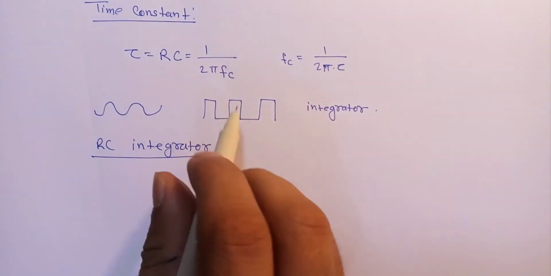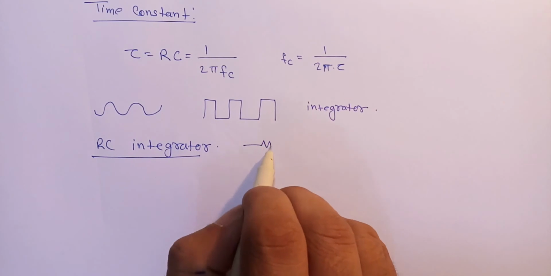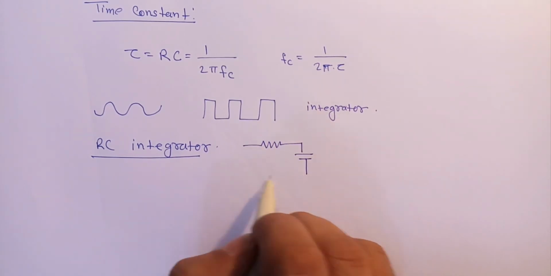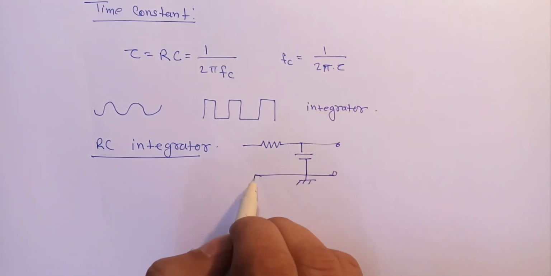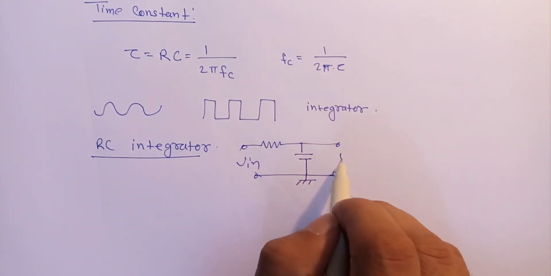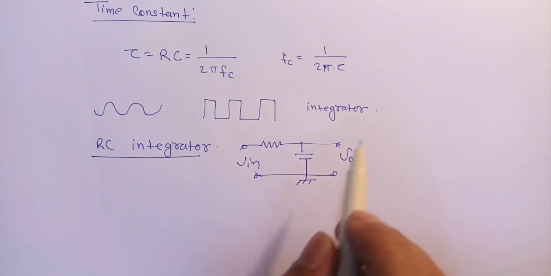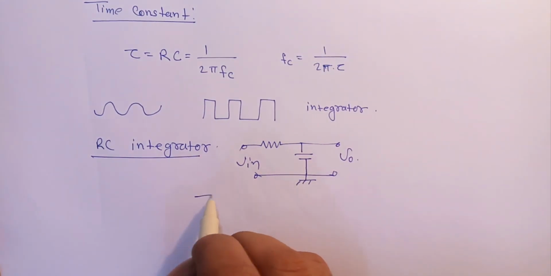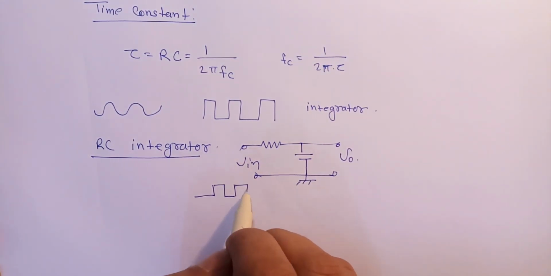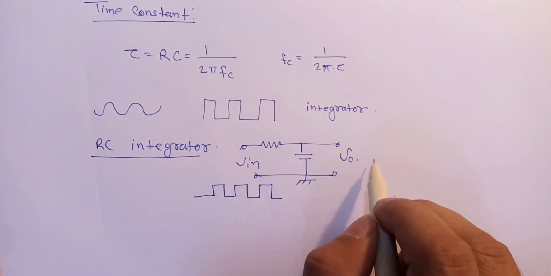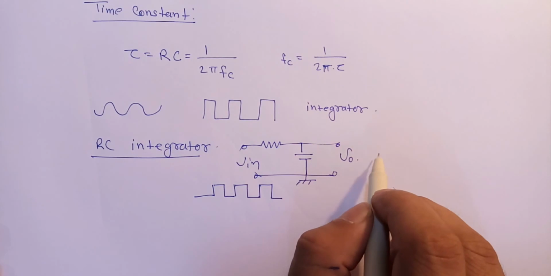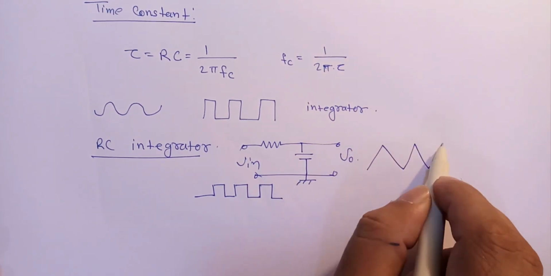In the RC integrator, the circuit would be the same as we have earlier seen, with a V in and a V naught. But here if we apply a square wave, the integration of this square wave will be a